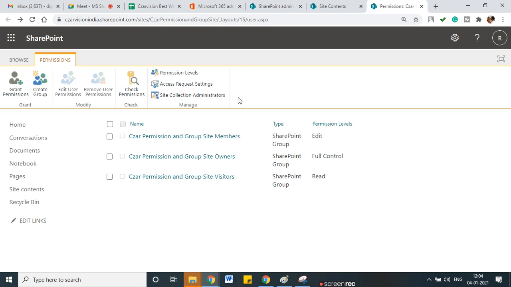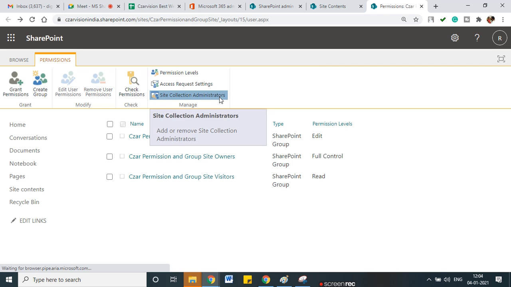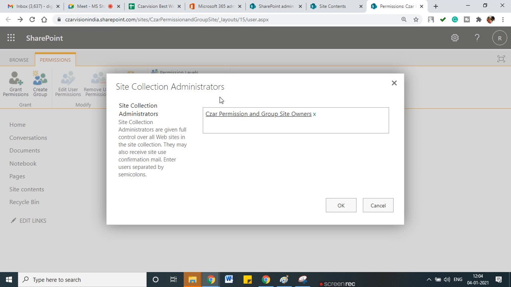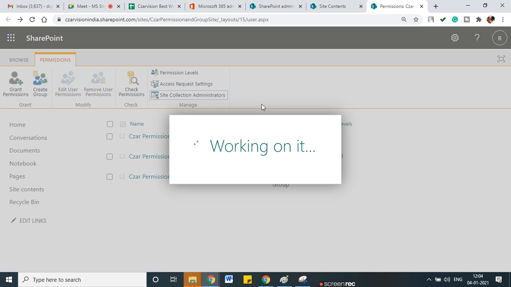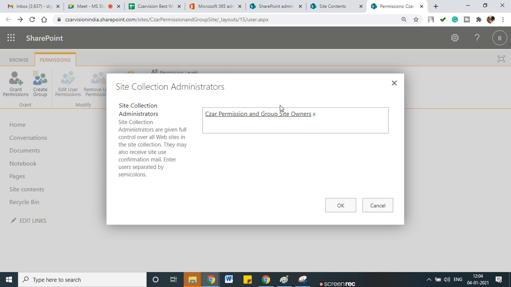First thing, don't get confused here. Keep in mind that we have given some people owner access, and those are Raju and Pankaj. They have full control and they are administrators of your site. Okay. So who are the site collection admins? The permission group site owner means the people in this group have the admin access. If you want to give admin access to someone, consider I will give admin access to